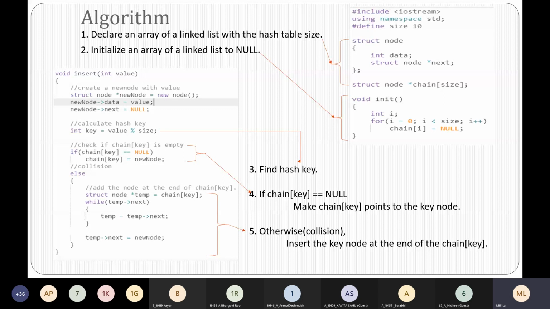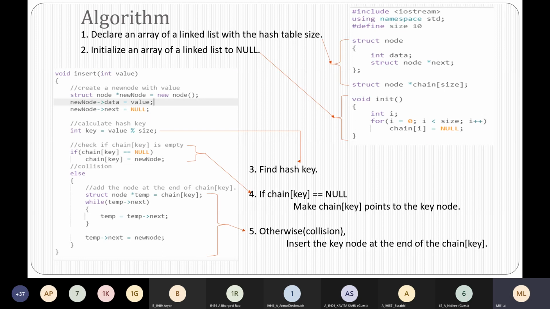As you all know, structure can contain different kinds of data. So here one is the value which you want to store in the hash table, and the other is the pointer to the next node. Pointer to the next node means it's pointing to the memory address of the next node.